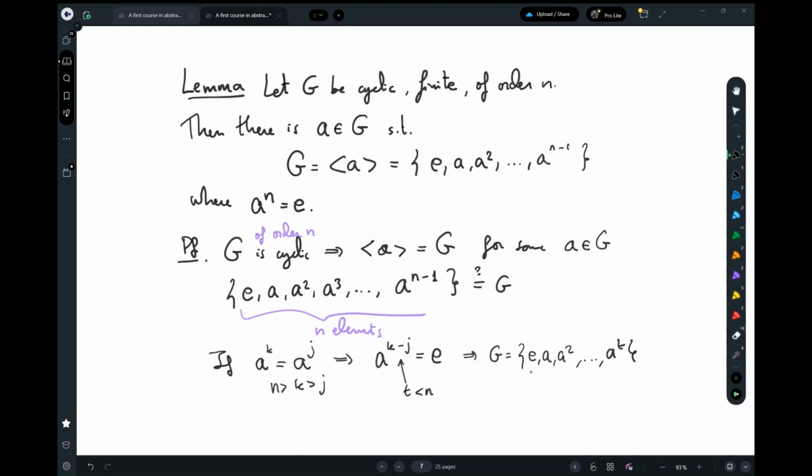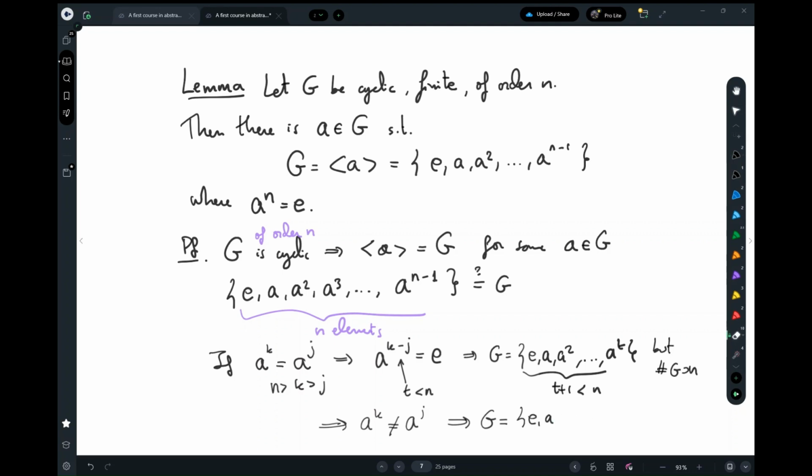But these would be t plus 1 elements, which is strictly less than n, because both k and j are less than n. So there would be too few elements. That would be a contradiction with the fact that G has n elements. So the contradiction tells me that all of these are different, and therefore G must be